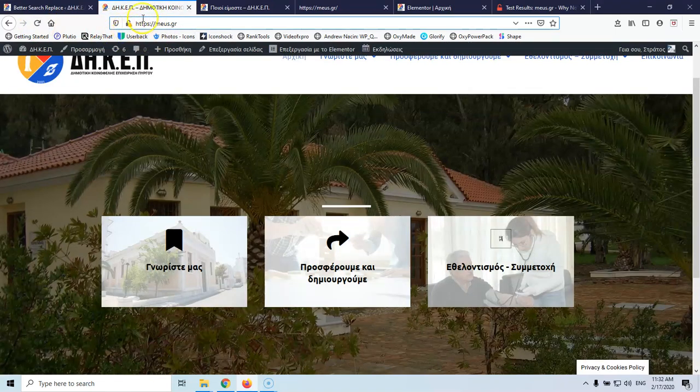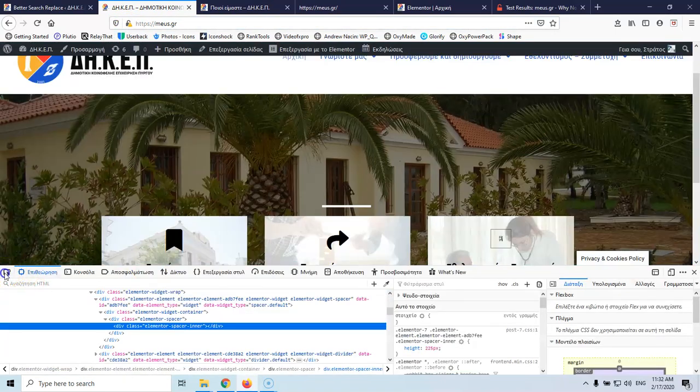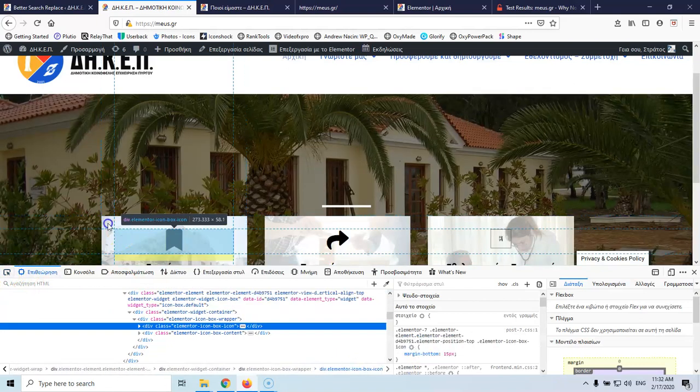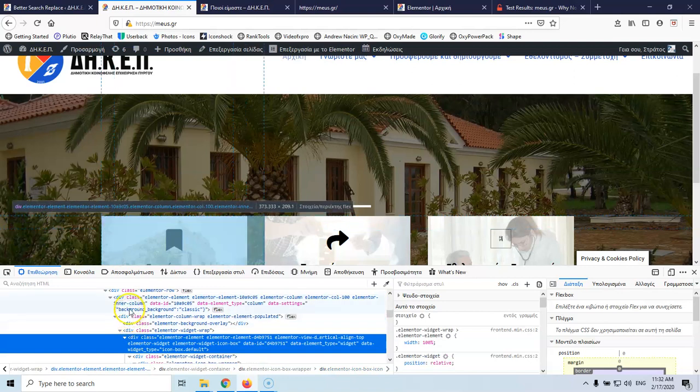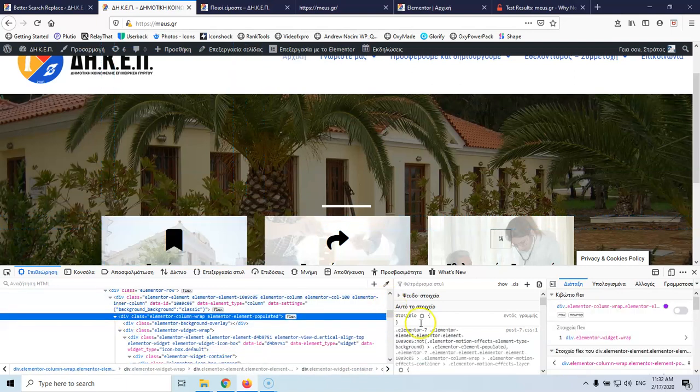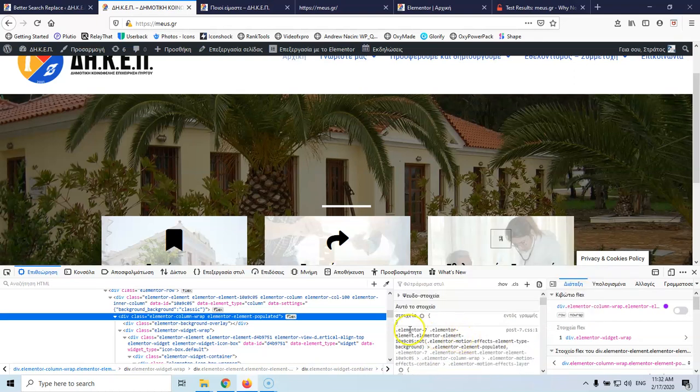And it hasn't been fixed. Of course, I know, but I didn't show you that. If you go here and select the element, let's select this one, and you can see where the background image is pulled from, and here it says that this is in the post-7 file, which is in the upload